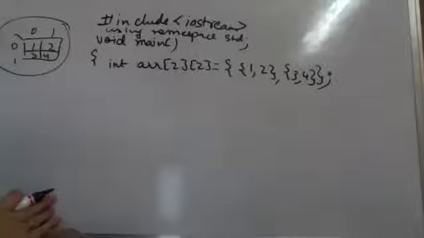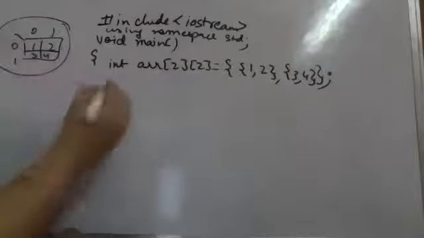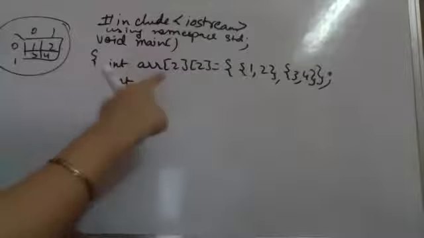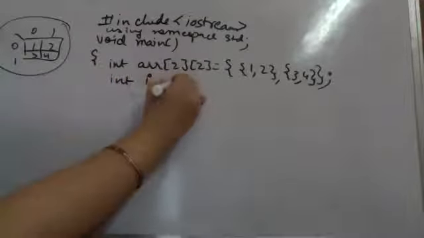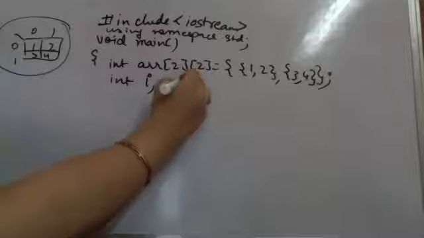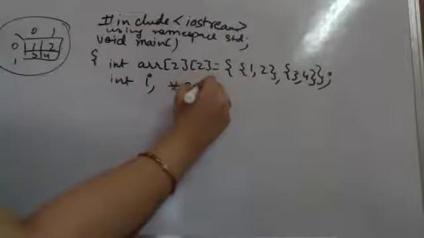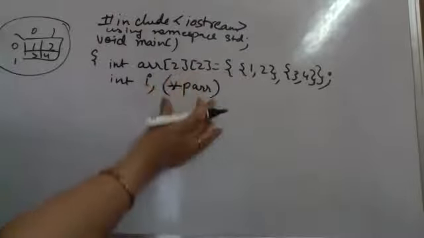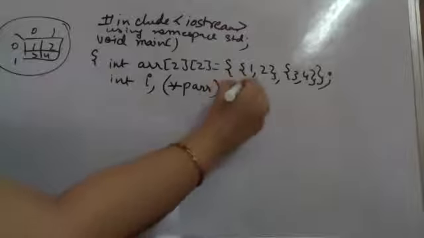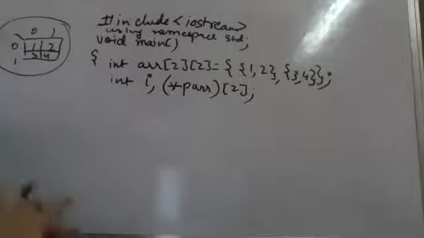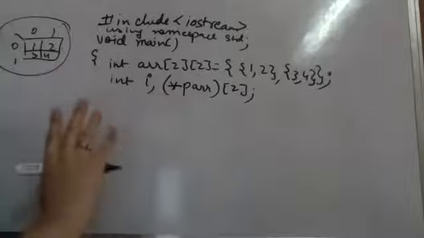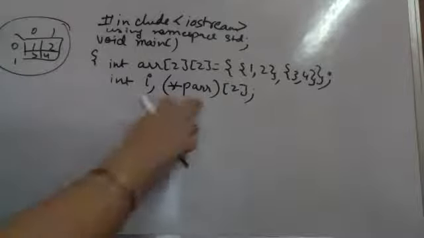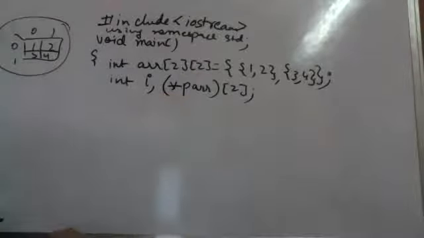So after creating this particular matrix, I am creating another pointer to this array. I'm taking an integer and creating a pointer to the array. Please make sure that the pointer to the array is created by taking parentheses and then making an array of size 2. This is the pointer to the array. I have not given it any value yet. I have not initialized it with any value. But this is the pointer to an array of size 2 integers.